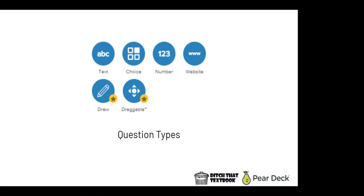You've got the number questions, where their answer is a number. The website questions are really cool because they're not even really questions. What they do is display an active website up on the slide that students can scroll up and down through and interact with. And so this is really nice. We're going to talk more about this in a minute, but being able to display an active website right there